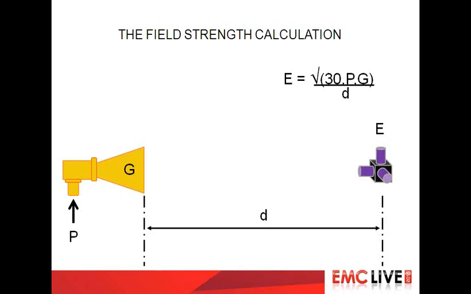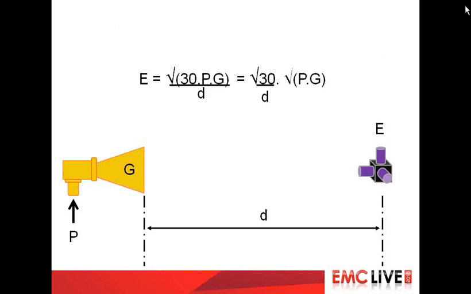Now, it looks a bit grim, especially to new people, who are thinking, what the heck, that's a fairly heavy equation. But if we do a little bit of work on it, we can actually simplify it some and find out what's happening here. And so the root 30 PG all upon D can be separated into two constants. The constant D, which is determined by the standard you're working to, and the root of 30, which by definition is a constant. If we group those together and call them K,